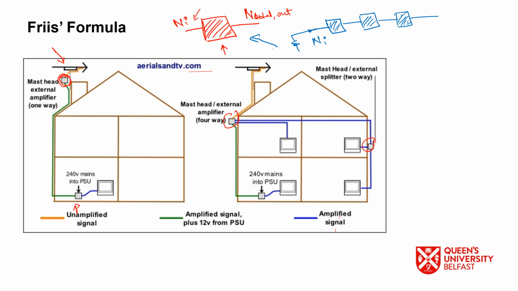Now it will have its own output, which is a combination of this receiver's noise and an amplified Ni. Now the second receiver will have its own noise. We'll consider N1, N2, N3, and it will also have an amplified version of this output, that is N1 out, and N2 out will be the input of